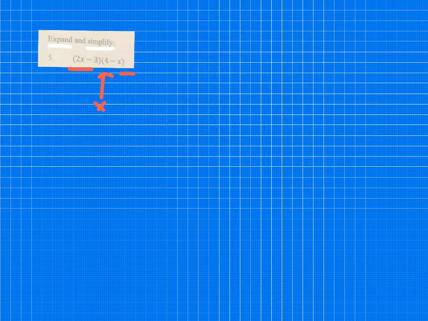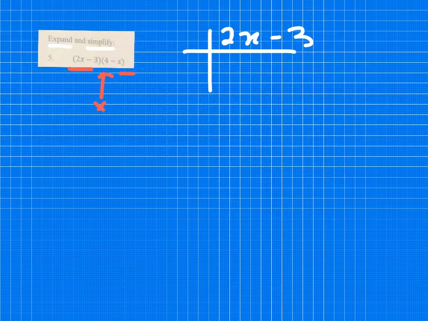So because two things are multiplied together, we can now say that we're actually finding the area of a rectangle. One side of the rectangle is 2x minus 3 and the other side of the rectangle is x minus 4. Looking for the body of the rectangle,